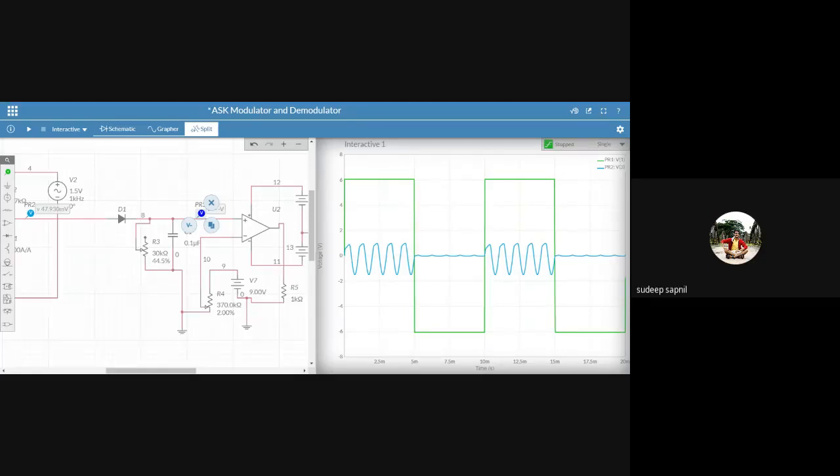Sir, we just need to connect the probe next to the diode. Next to the diode? Will it work? I don't think so, but maybe we'll try that. I'll take one more probe and connect it right after the diode. Now this violet color should be the rectified output, and the blue one should be the filtered output, right?